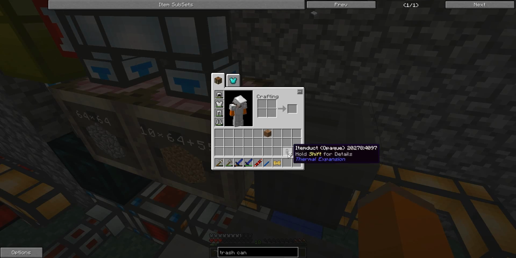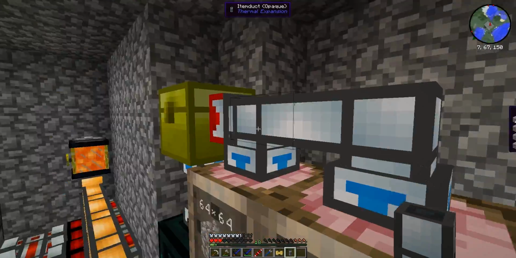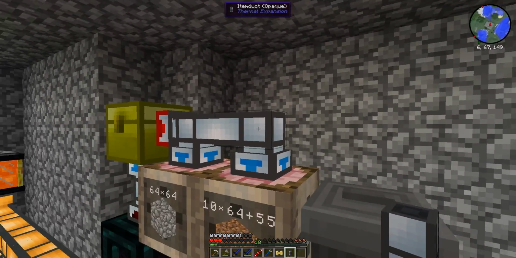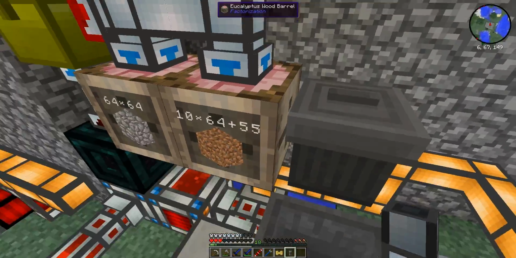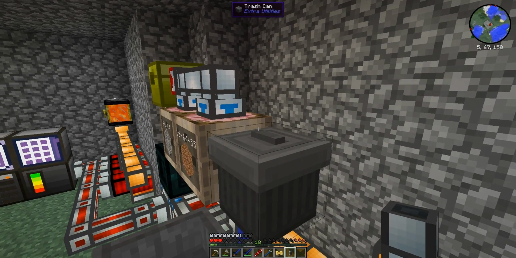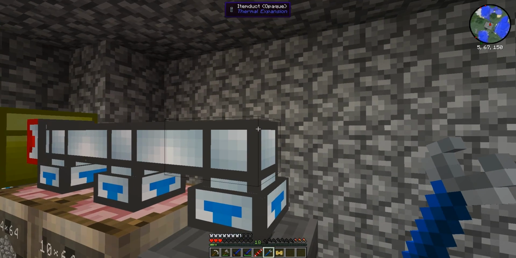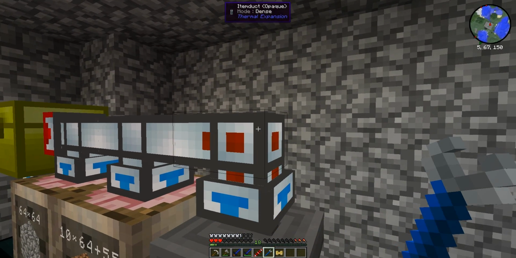Now, you have to be careful about this because these item ducts, unless you tell them exactly what to do, they'll just send items to the first inventory that's available. And we want stuff beyond this trash can. So what I'm going to do is place this item duct here, and I'm going to right-click it with the crescent hammer. Now, as you'll see by Waila up there saying it's mode dense, and the red on the item duct there